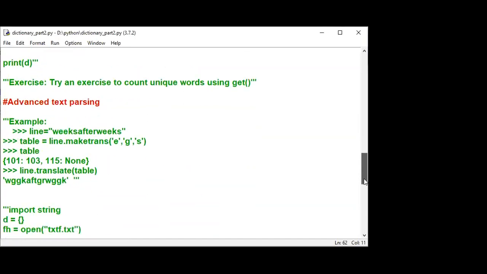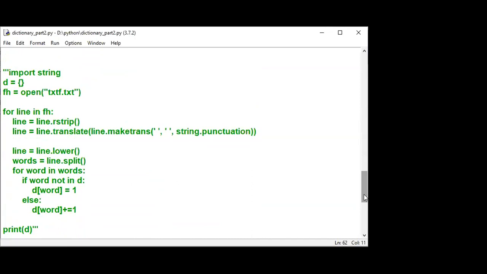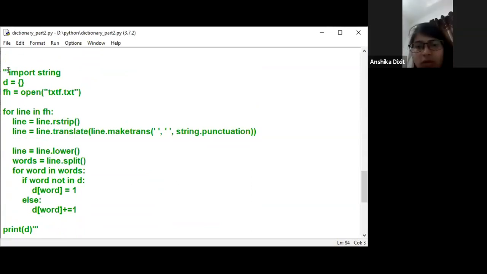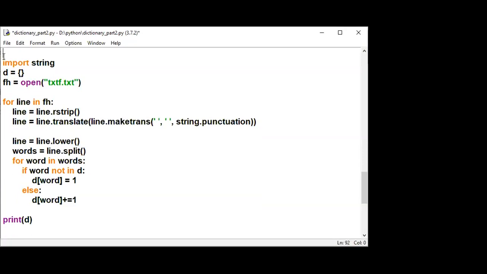See the program. Yes, this is a program. I don't need to explain why we are importing string, because we are using two methods: one is maketrans, another one is translate.